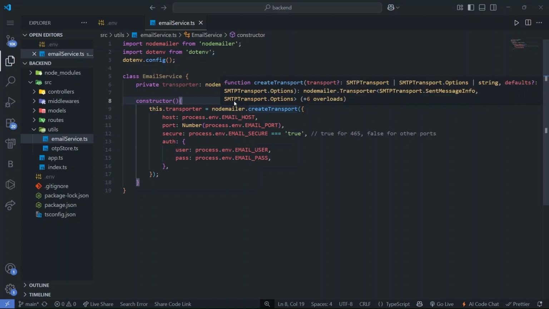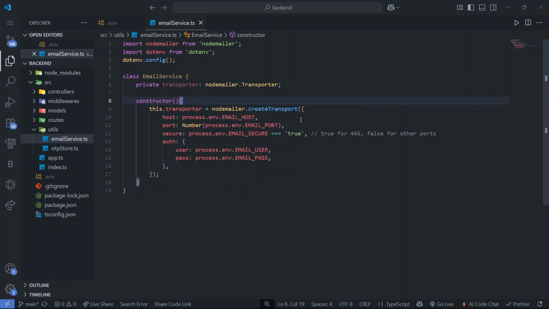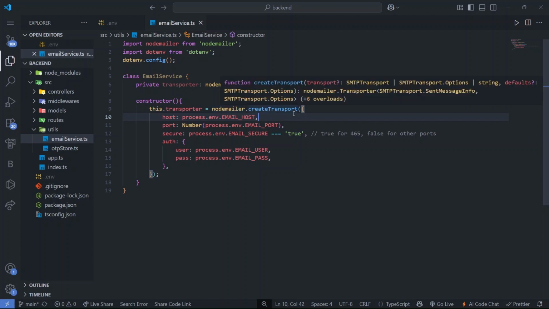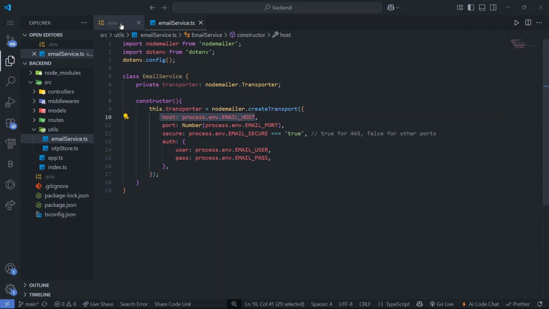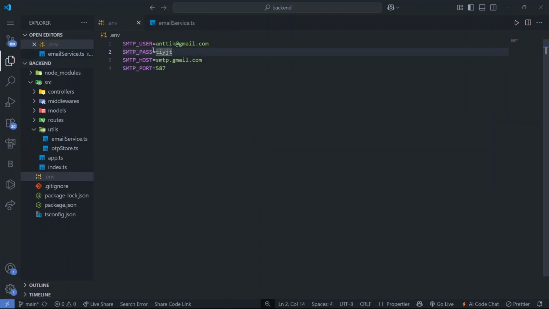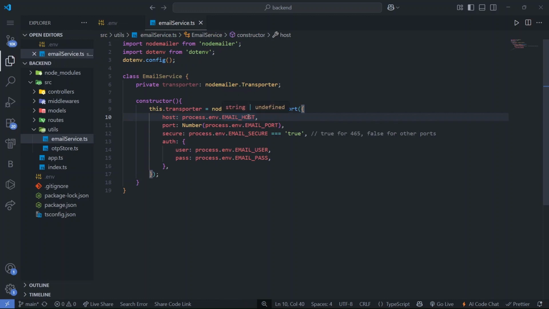So how will Nodemailer send email? We first have to configure our Nodemailer, right? So here we are going to use nodemailer.createTransport. It will send the OTP with this configuration, like host, the email host. So this is the SMTP host, so write the correct one. Write SMTP host, not the email host, right? So here write the SMTP, not the email,